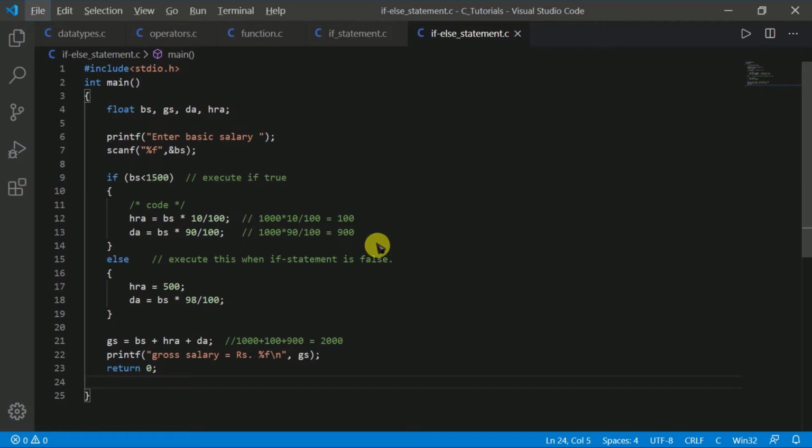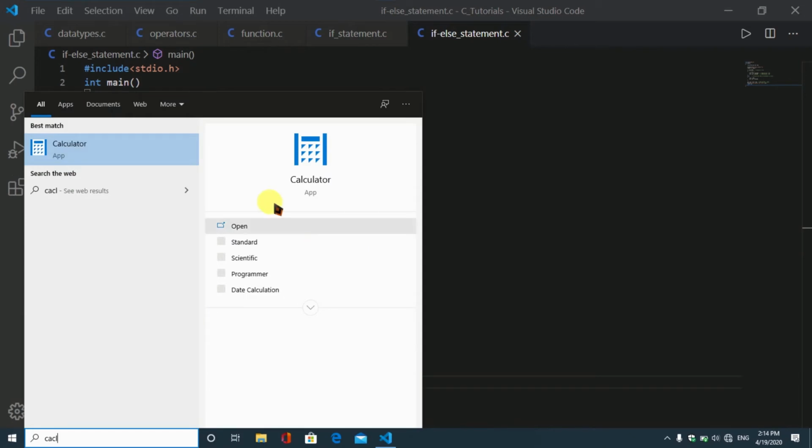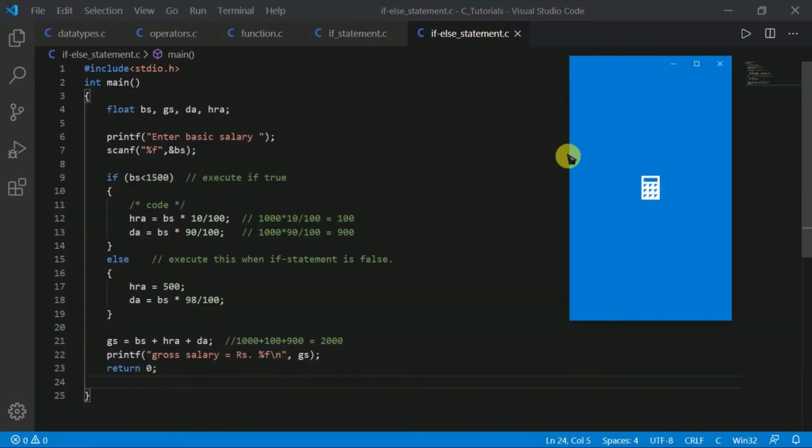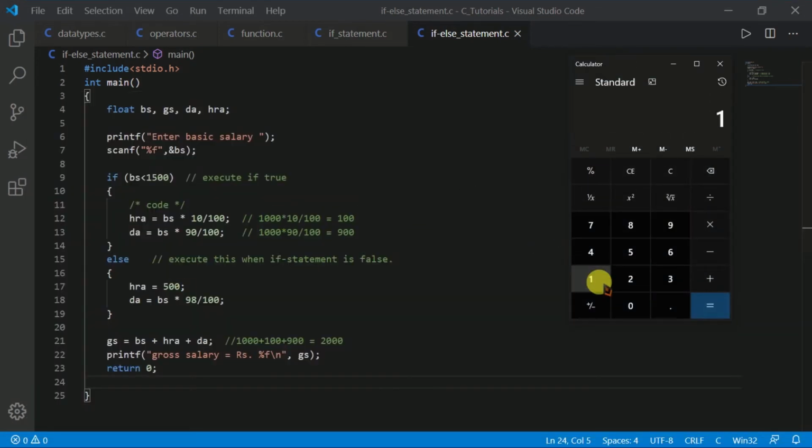So let's calculate this on the calculator. First I am going to calculate the HRA. 1000 into 10 divided by 100 equals 100.